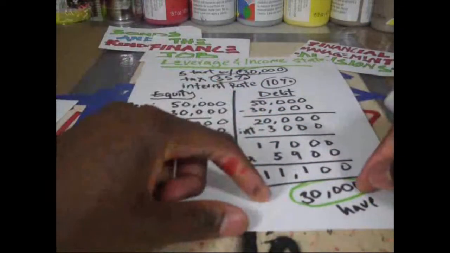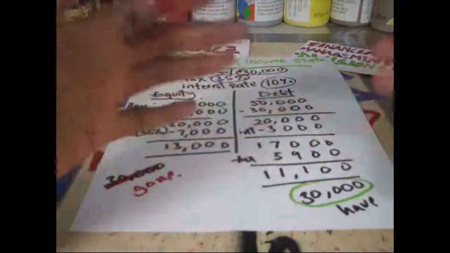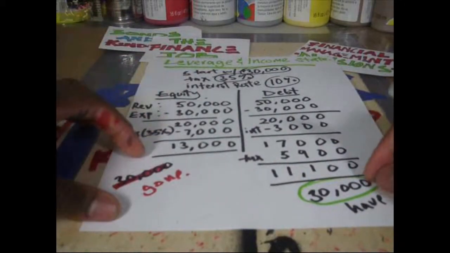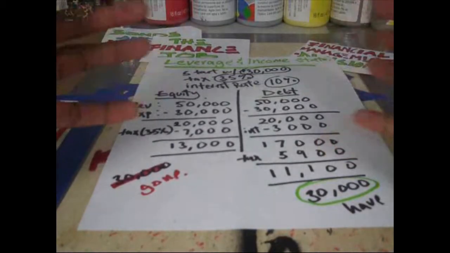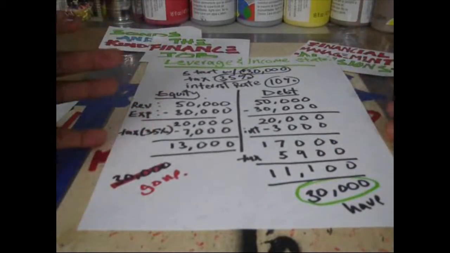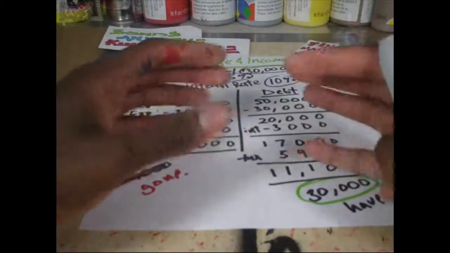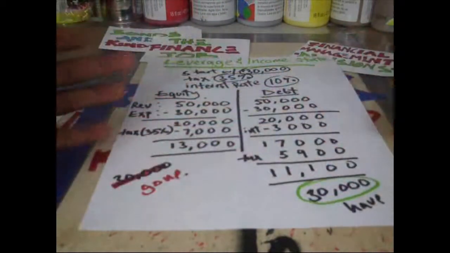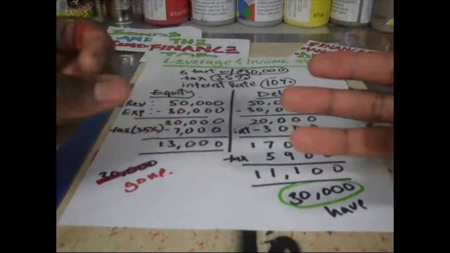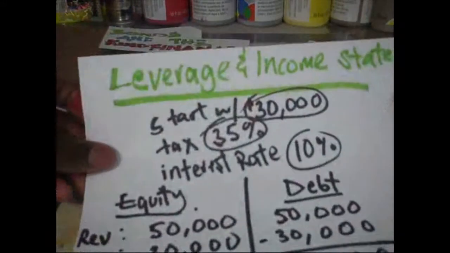And Lord knows, if you're able to actually use this 30,000 that you keep, you could invest in so many more things. You're not tied up. You haven't tied up all of your equity. You're able to make more decisions. You're able to look into the world and have more choices, because you're not saying, look, this is all I have, I'm dumping it all into one thing. You're able to spread your chances of success. At the same time, you're spreading your chance of risk. But if you are intelligent and you know you're making the best decisions that anyone could possibly make, then leverage is not a bad thing.